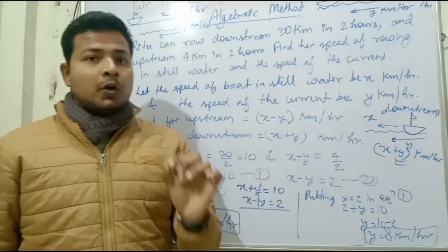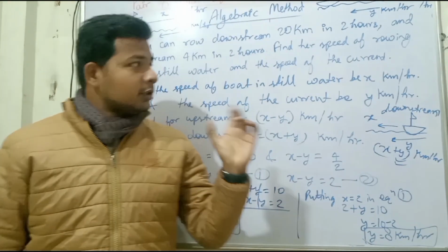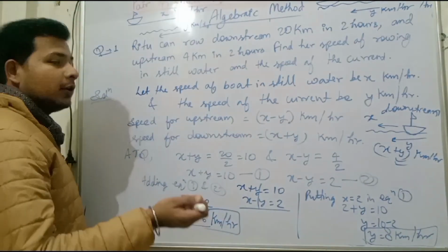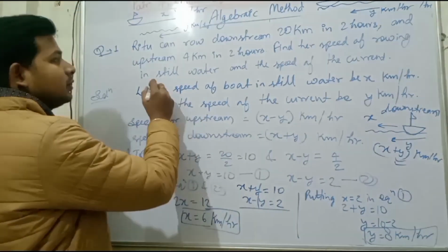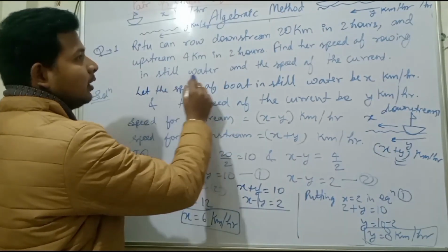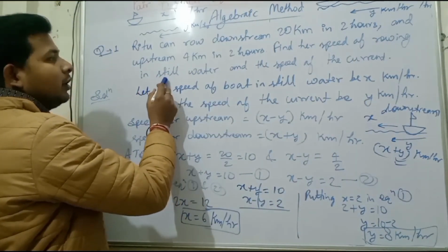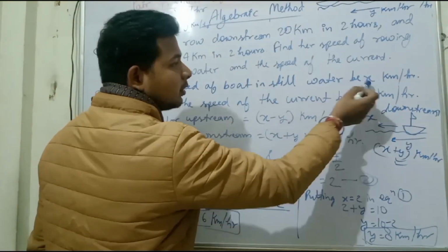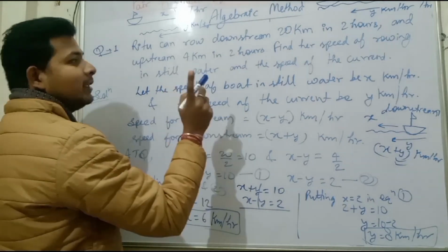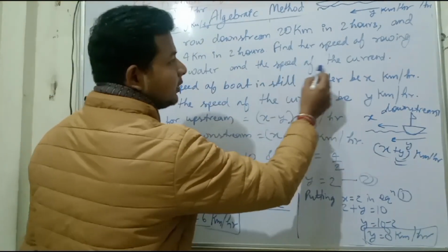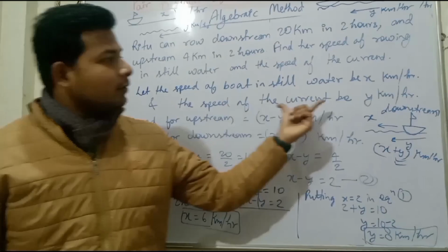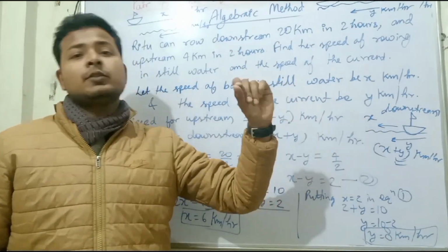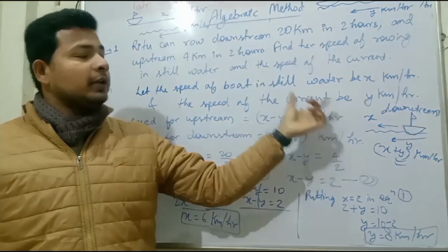Sometimes we have to understand what we have to suppose. Generally it is specified in the question itself what we have to take as a variable. First of all, we have to find the speed of the boat in still water. So let the speed of the boat in still water be x kilometer per hour. And the second thing we suppose is the speed of the current. So the speed of the current will be y kilometer per hour. If you are able to understand what to suppose as variables, then you will easily solve